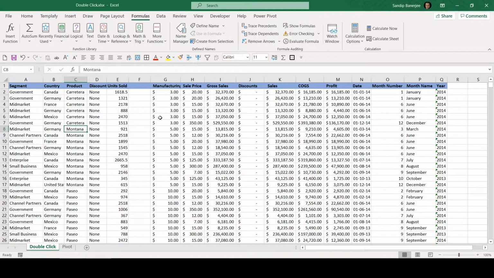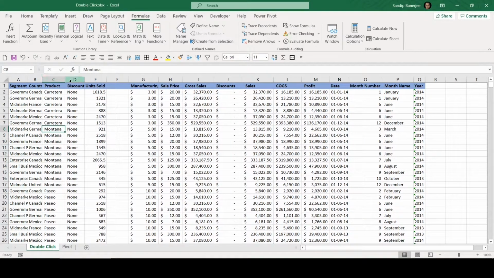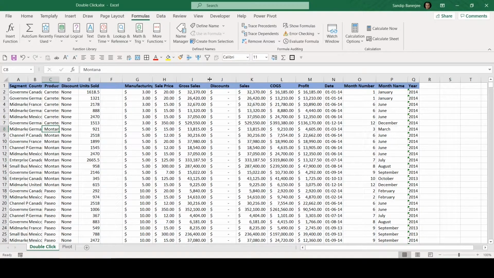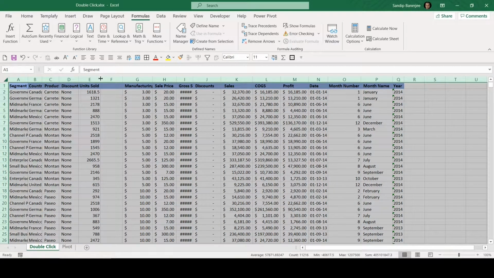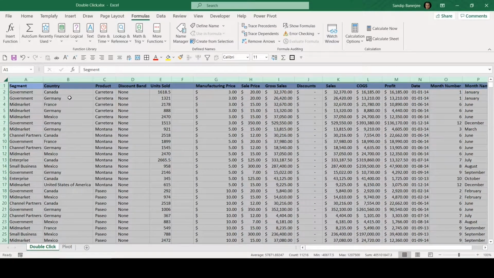But if you want to do it for multiple such columns, what can you do? So let me put it back in a different way. And we have multiple columns here, right? Now we want to adjust them in a single go. What can we do here? You just need to do one thing. You just need to click here. And if you double click between any of the column headings, like here or here, it will adjust all columns. And you will be able to see it adjusted based on the text available in that particular column.